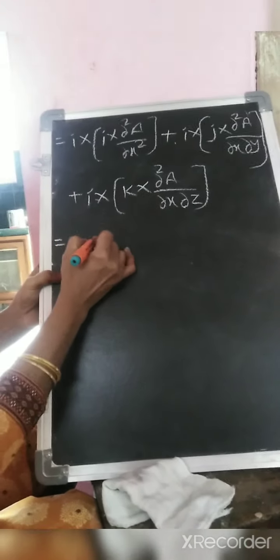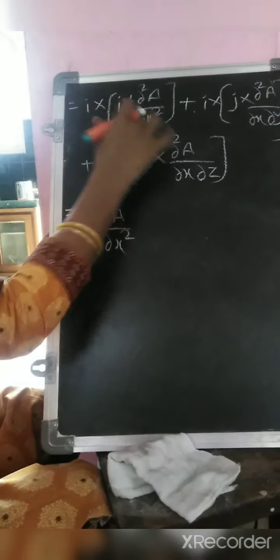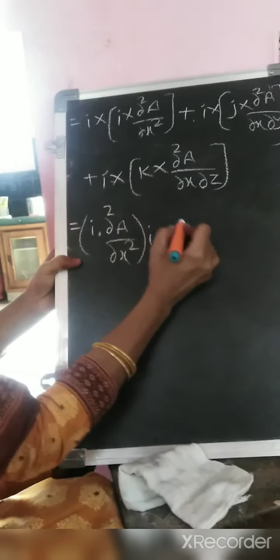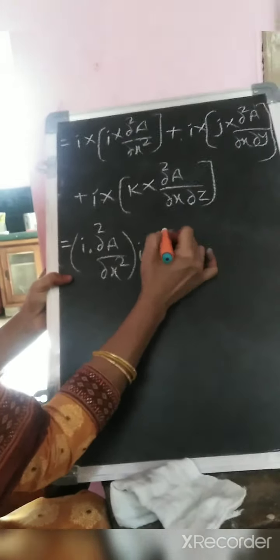So we know that one formula is there. That is A cross B cross C is equal to (A dot C) into B minus (A dot B) into C. So this is the formula we can apply in this. So A cross B cross C is equal to first (A dot C) into B minus (A dot B) into C. This one. So like that.